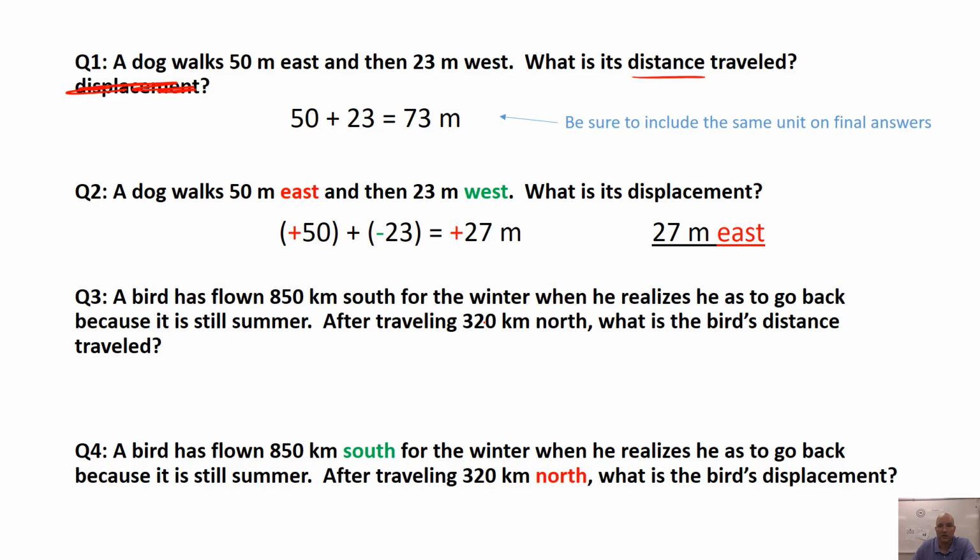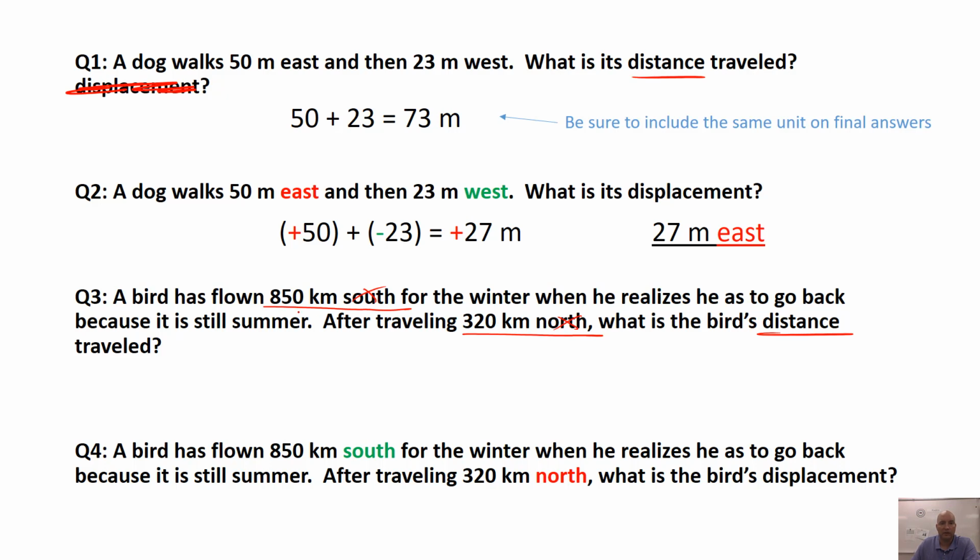Next one, and I already showed you the answer. We're looking for the distance when a bird has flown 850 kilometers south and then traveled 320 kilometers north. Unless I ask you to convert, and I know in the last lesson, if you followed me, we were always converting to meters. If you're not asked to convert, you can keep it in kilometers if the units are matching. If one of these happened to be meters, you would have to convert. If one was kilometers and one was meters, and they didn't tell you what to convert to,